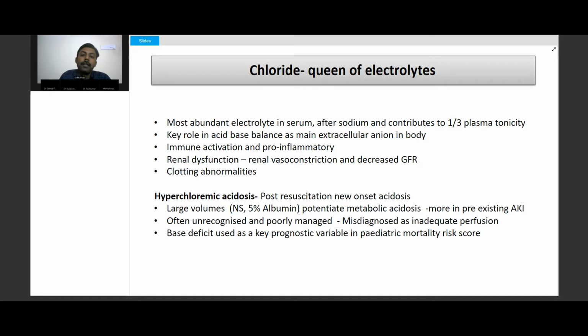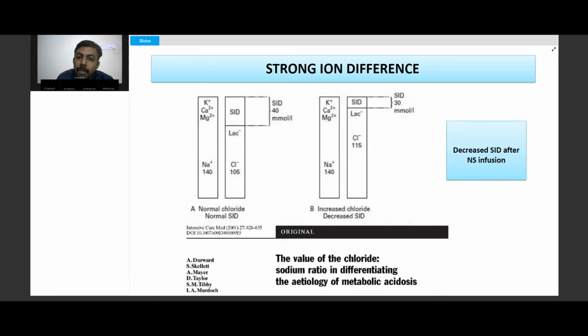risk scores. So it's because of the strong ion difference, the Stewart concept, which tells us as the chloride increases, the strong ion difference decreases. It's based on the total anions being equal to the number of total cations in the body, and the gap is supposed to be normally 40, and when it reduces, it contributes to acidosis. And here we talk about the chloride versus sodium ratio. Normally in plasma it is 1:1, but in normal saline it is 154 chloride against the 100 of plasma. So it is 1.5:1. So the chloride loading happens, and that causes a decreased strong ion gap and causes acidosis.